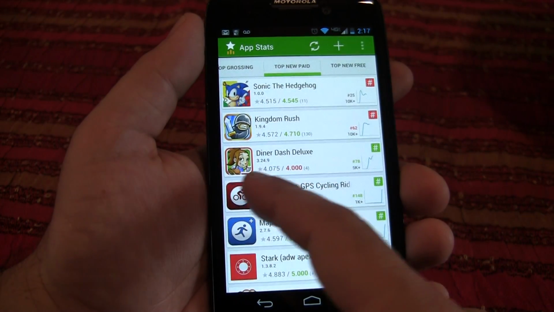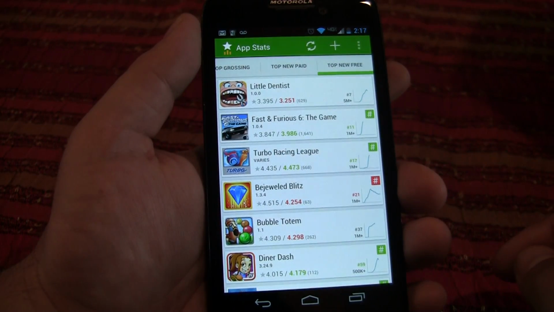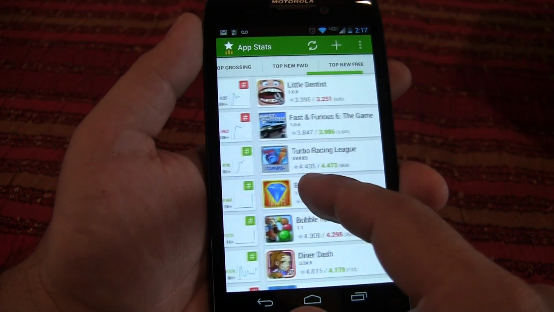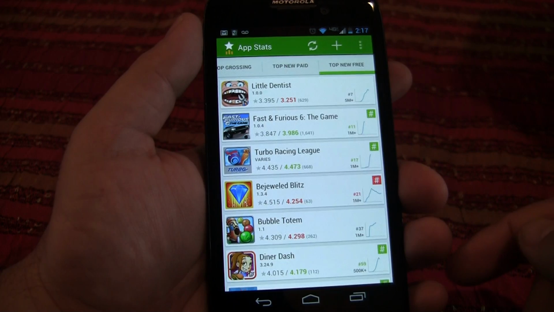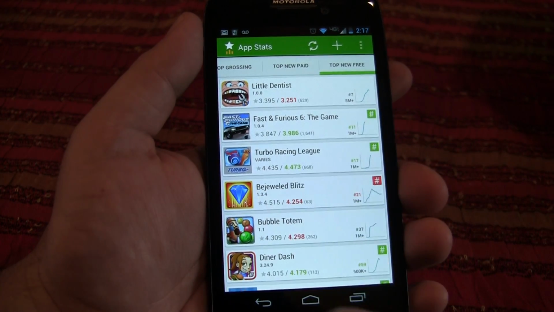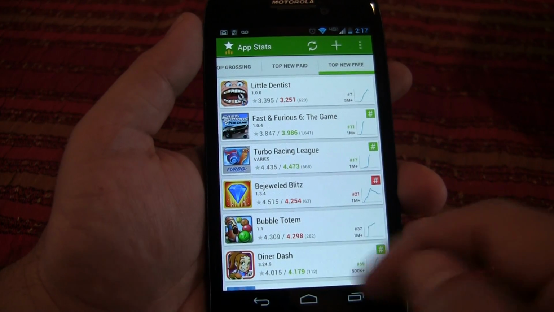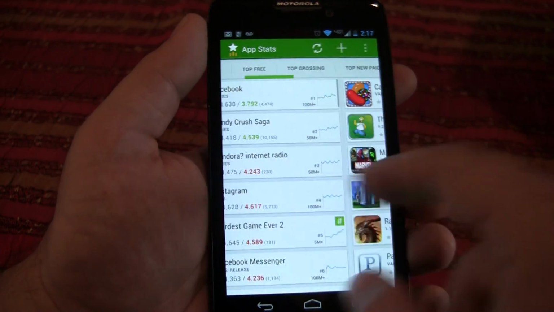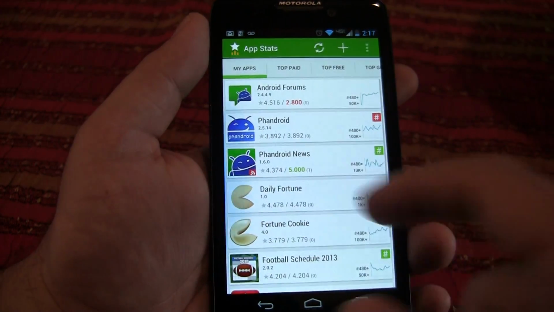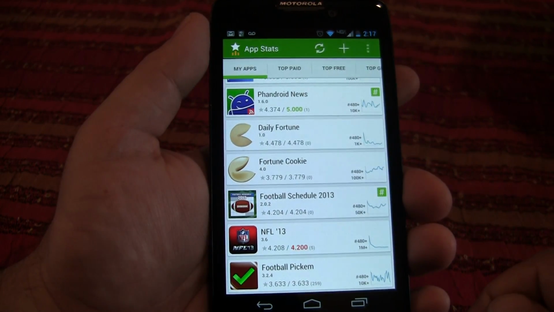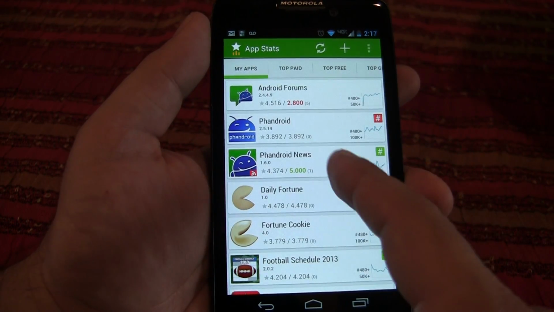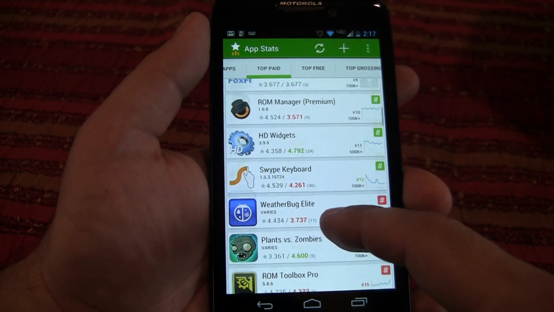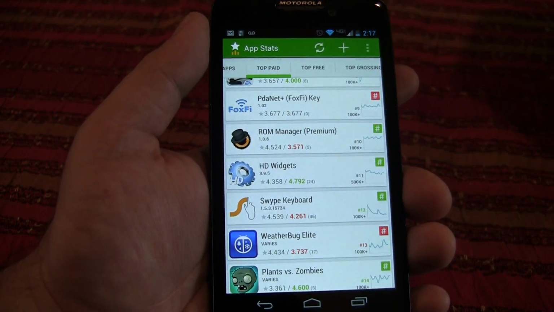and top new free. So it may be interesting to look at top new paid and top new free, I think just to check out what their price levels are and stuff like that. So all the apps that Never Still Media has are free apps, but maybe if you go to, let's see, like a top paid apps, let's check out HD Widgets,